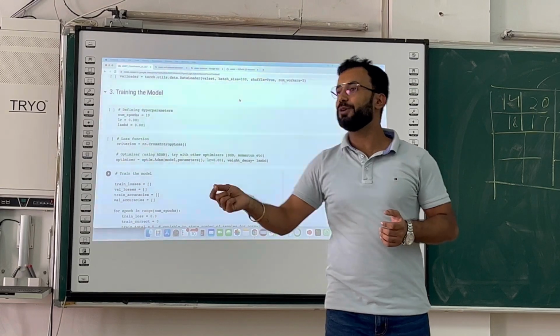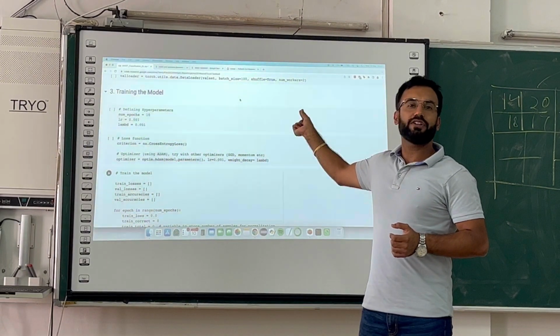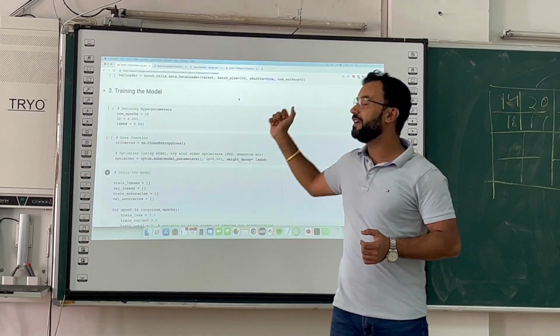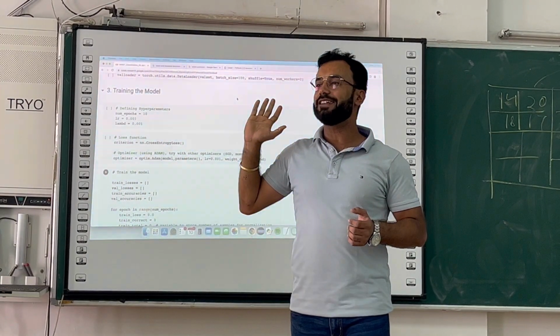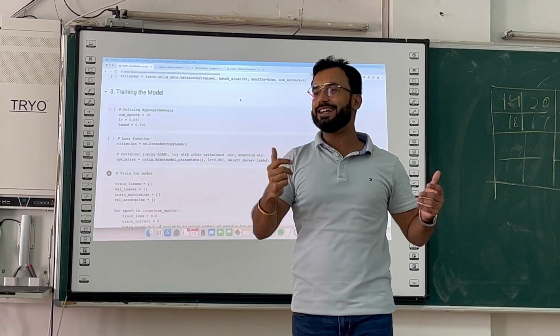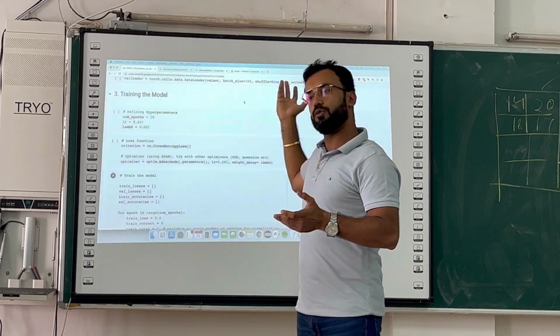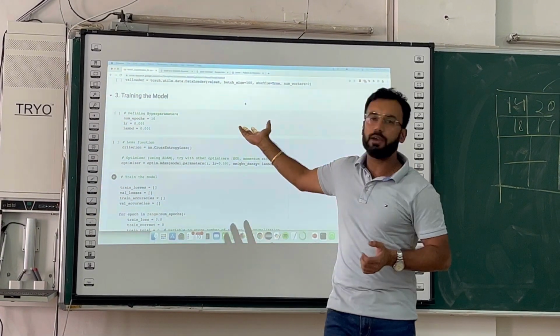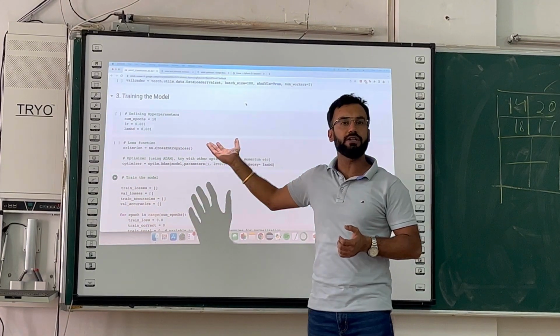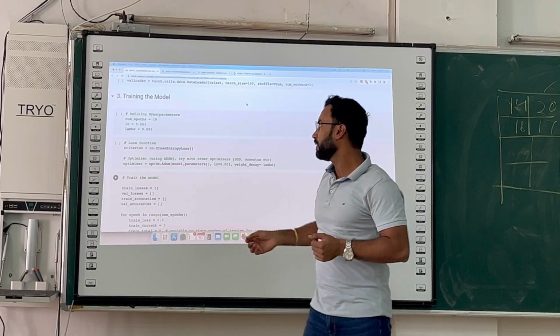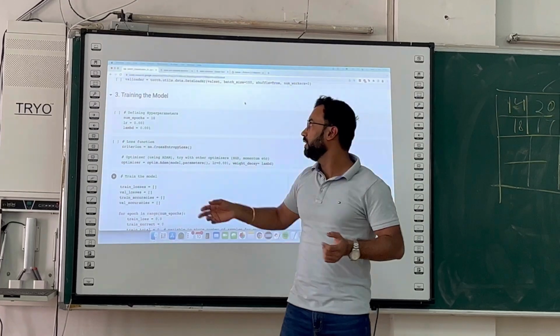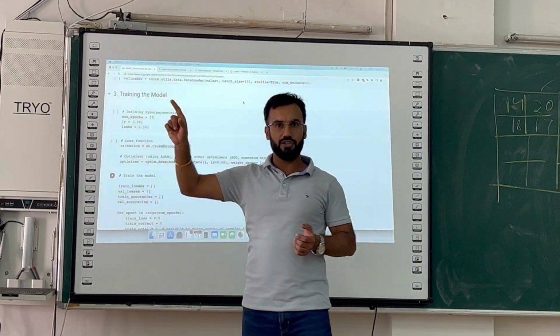A small thing: for the largest capacity model which I showed, when I went for 10 epochs, it took almost 8-9 minutes, during which I went for tea and came back. And if you go for 25 and so on, then it may go up to half an hour or so. So the number of epochs is a very important hyperparameter. It takes more time, and obviously the accuracy will improve. This is the learning rate alpha which we have learned.